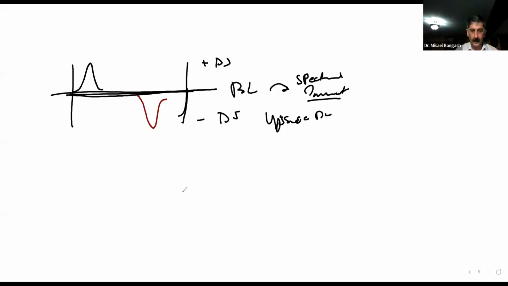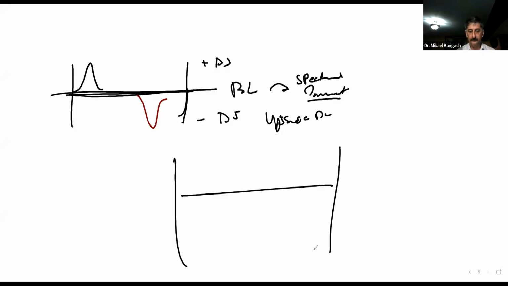Did that make sense? So what's going to happen is, this is your baseline on your spectrum, and we know the baseline means zero Doppler shift. But if you invert your spectrum,